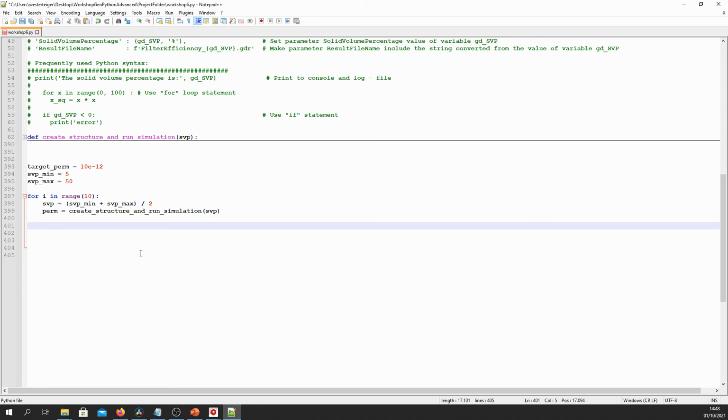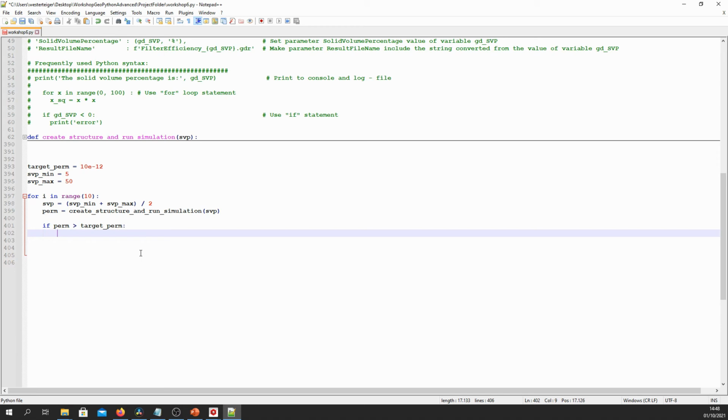Now we can check if this permeability value is larger or smaller than our target permeability. So if perm is larger than target perm, then our permeability for this SVP value here is too large.